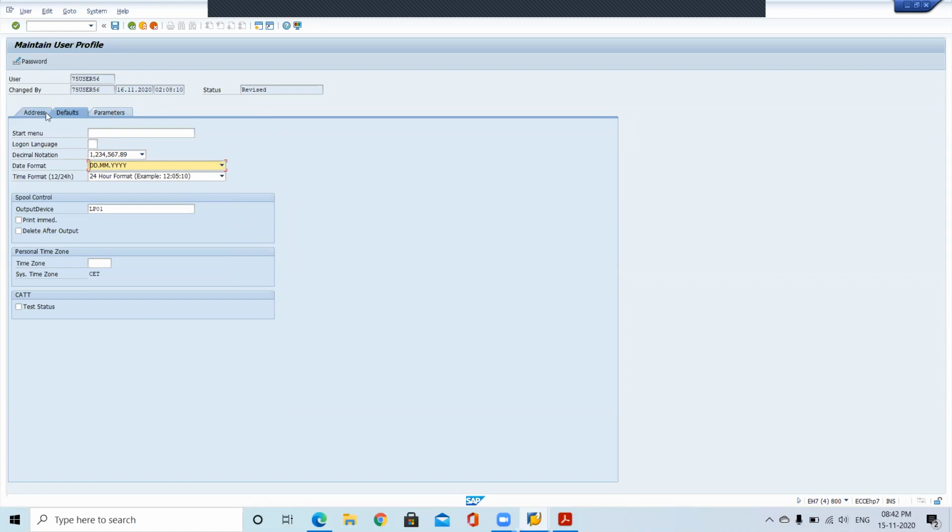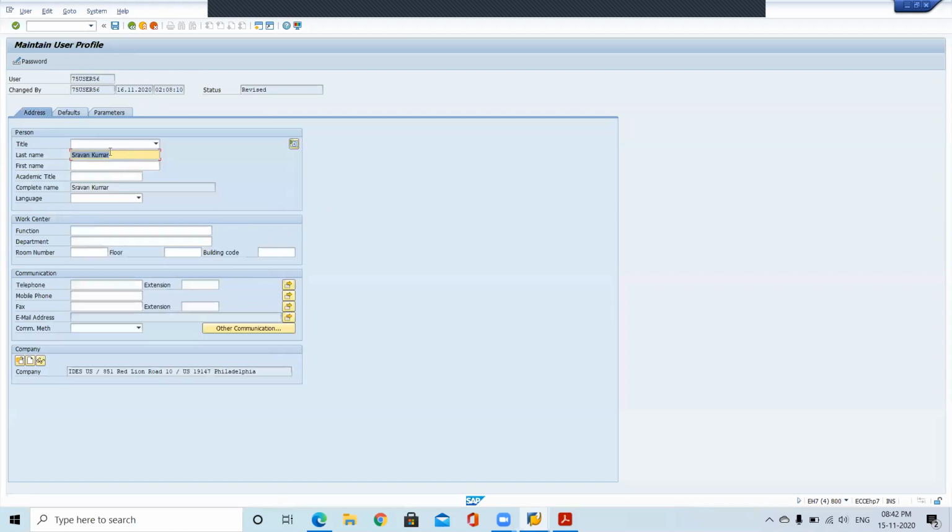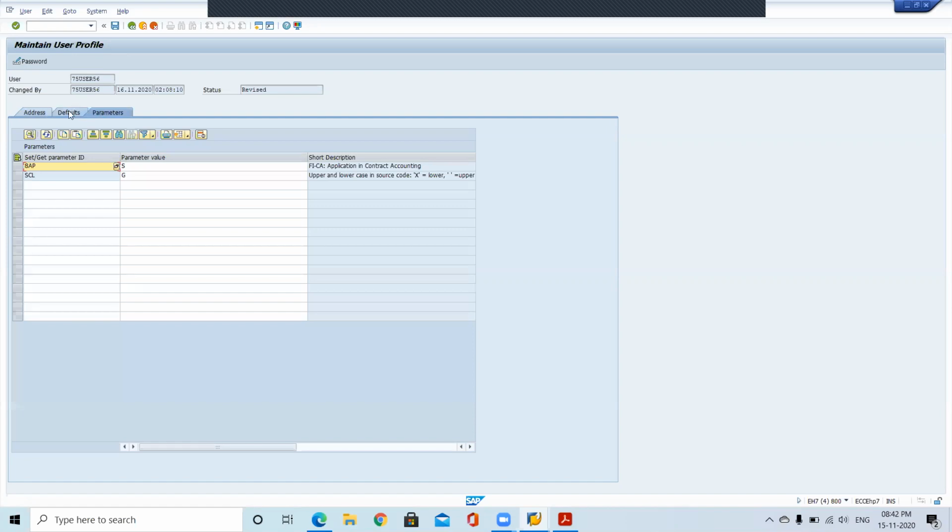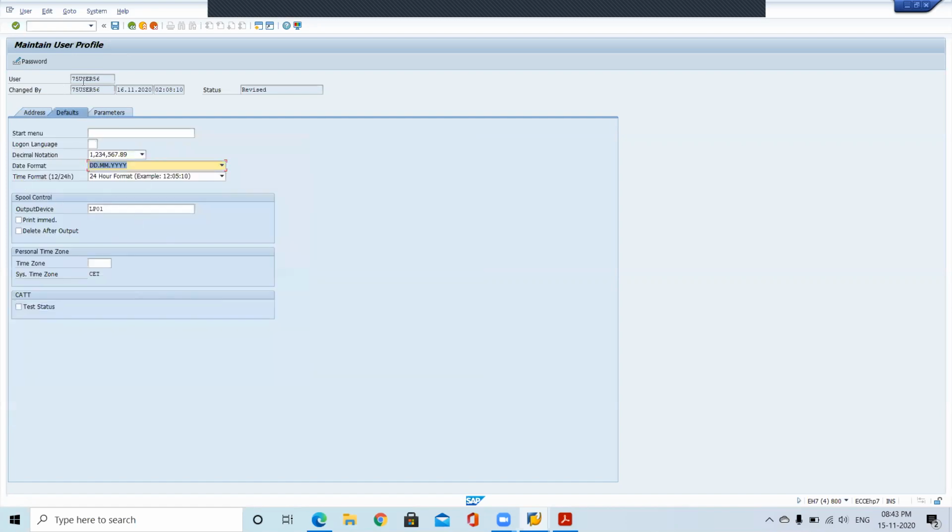So this name is specific to you. This name is not for others. If you modify the name to Shravan Kumar and it reflected to everyone, then there is no meaning. In the same way, the default parameters are specific to your ID. The date formats, the printer name, all those things are specific to your ID.